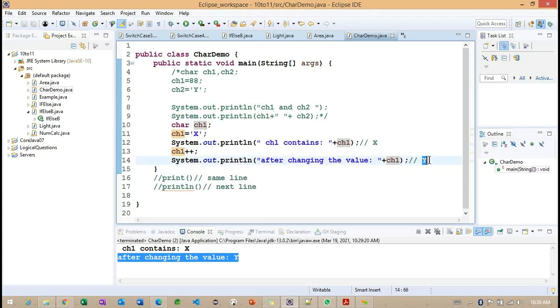Getting the point? So this is all about the advantages we get whenever we work with this particular char data type. Correct. So that's the reason we can convert a character into a number, or a number into a character, here. Okay.